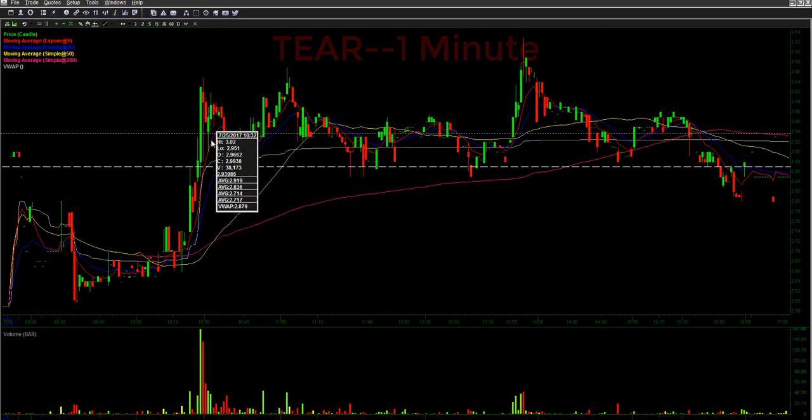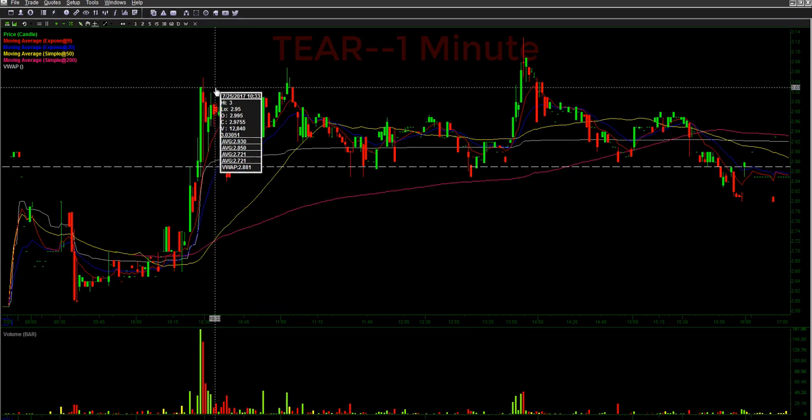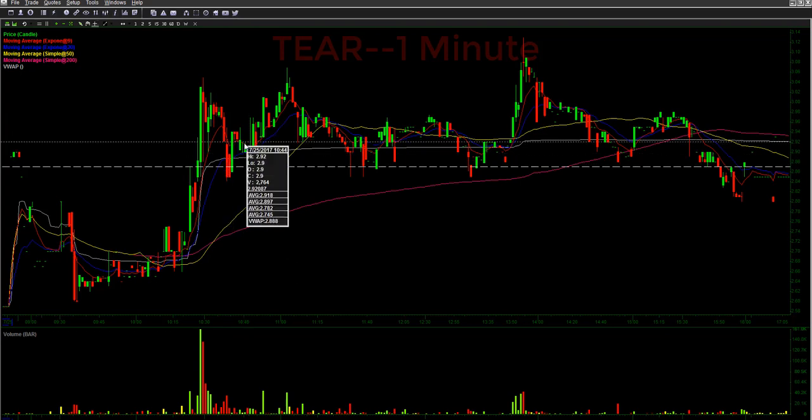So as it started to pull back, it bounced right off that 9 EMA, but it was still making lower highs, and kind of broke through it. And as you can see, the 20 and the 9 start to close up on each other, kind of get a little bit choppy there. So you want to watch those areas and see how far apart they're pulling, how far above the VWAP,